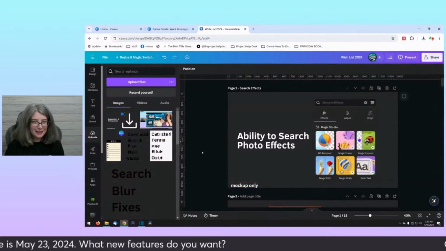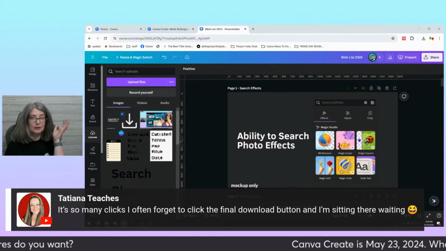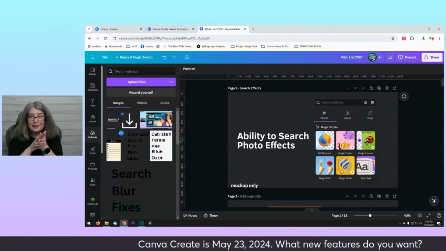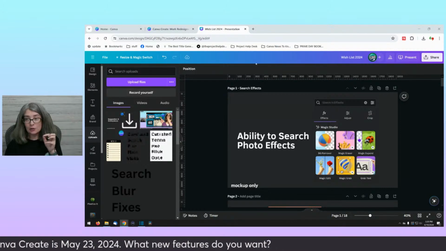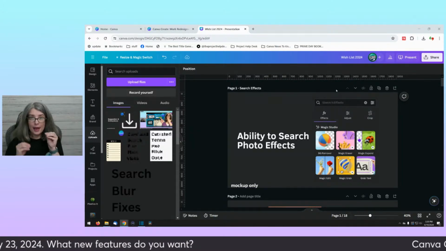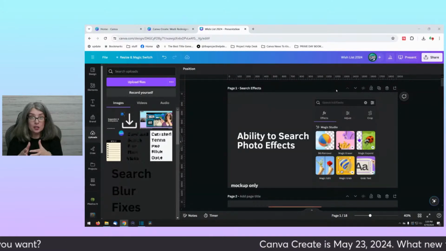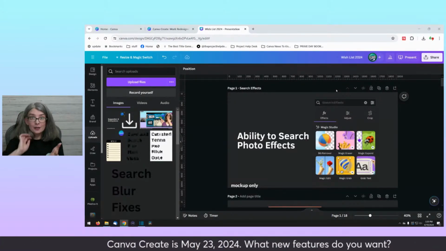But yeah, it's a lot. Like Tatiana says, a download shortcut, or like Darren said, a little download button here that would just give you image options would be fantastic.